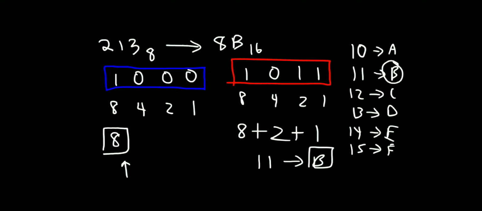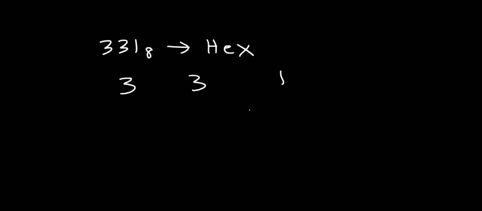So this is the way of conversion. This is the method of conversion from octal to hexadecimal. Now with the next example it will be more clear to you. Now the next number is 331 with the base 8. This is the octal number, and then we have to convert it into hexadecimal. So again write it separately and convert this number in binary first.